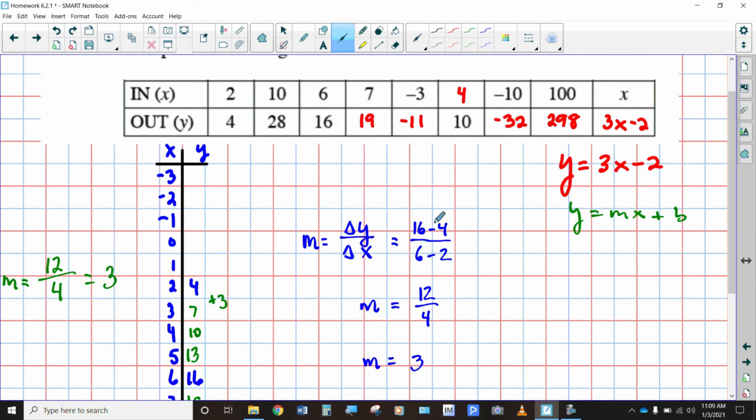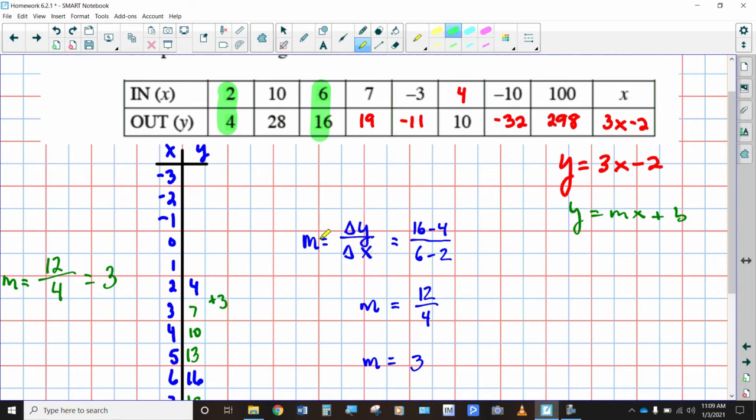You can take any 2 points that you want that are known from your table. And so I chose these 2. Okay, so the value for y's, here's y1, y2, or you can go and reverse y1 and y2. This would be the x1 or the x2, depending on which direction you're going in. So if you remember this formula where you take the change in y over the change in x gives you